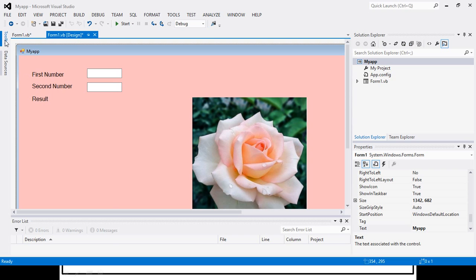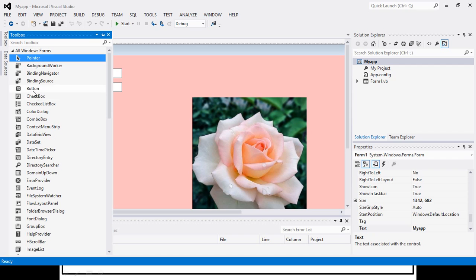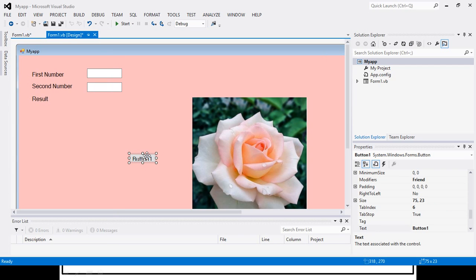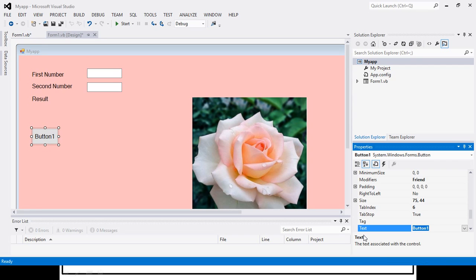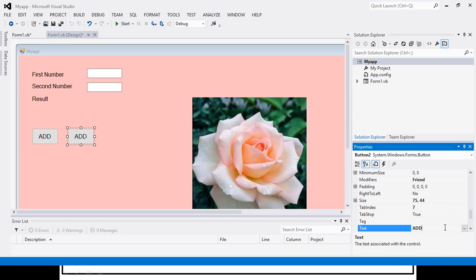Now we want some buttons to perform the operations of addition and subtraction. So I will take the first button and label it as add. The text property is used to change its label, and I will update its text property to add. Again I will select it, copy it, paste it, and change its label to sub.